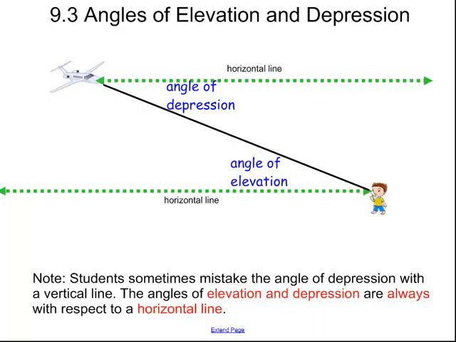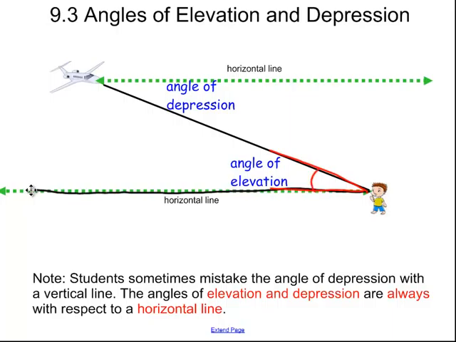This is 9.3, angles of elevation and depression. I have a boy looking up at a plane. I have a horizontal line right at his eyesight, his line of sight. He's looking up at the plane. The angle that's made by this horizontal line and the angle where he is looking at the plane is called